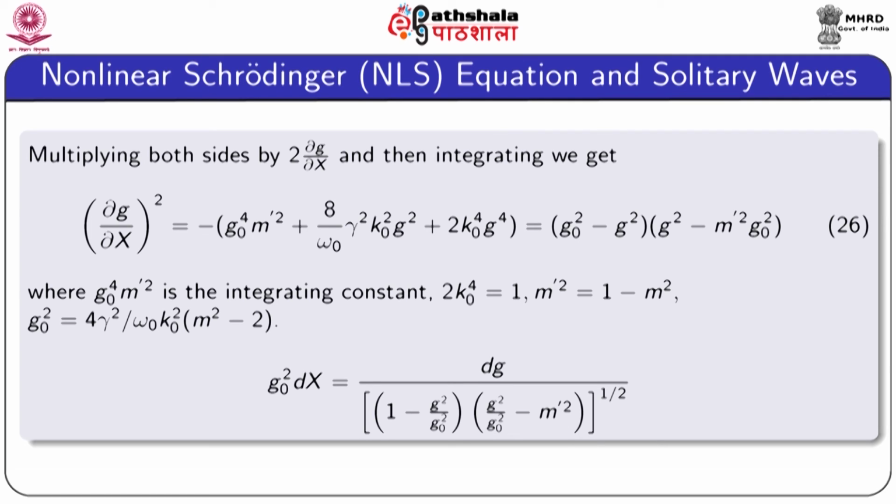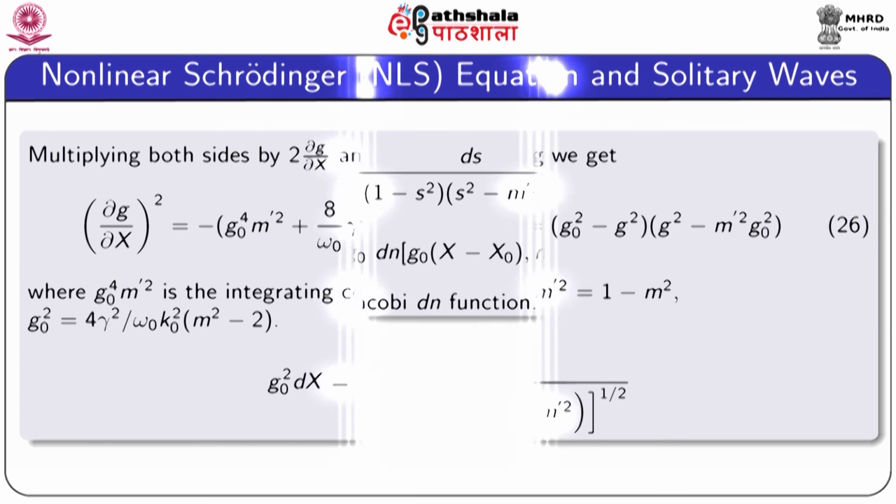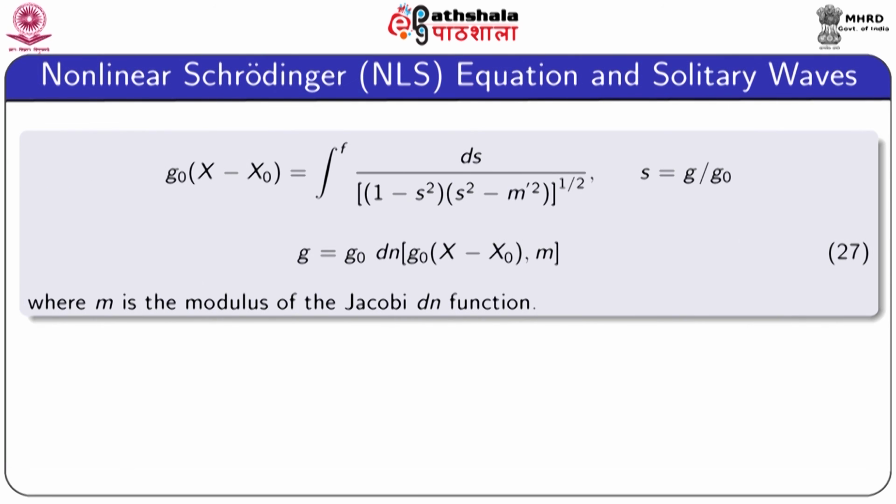Now, the variables g and x are separated, so we can integrate it. After integration we get g0 into (x minus x0) equals the integral of ds by [(1 minus s square) into (s square minus m dash square)] to the power half, where s is equal to g by g0,